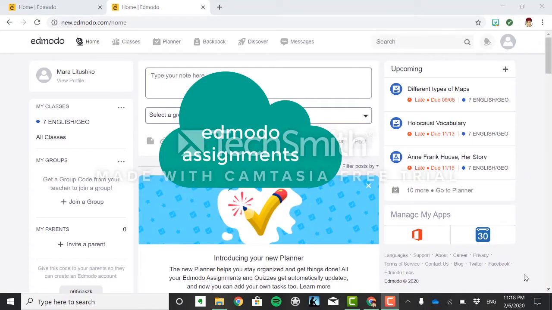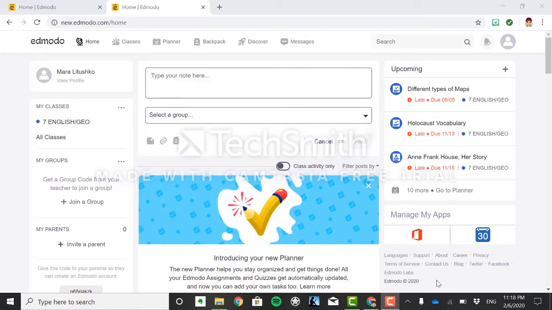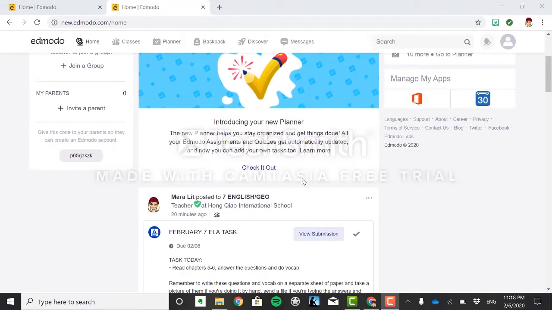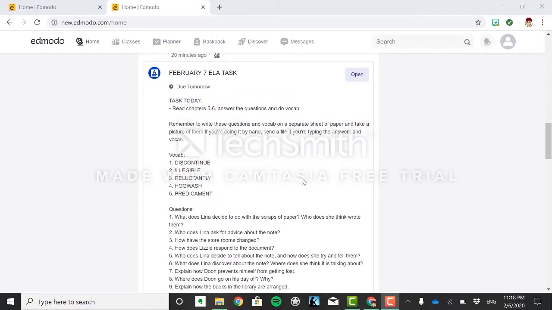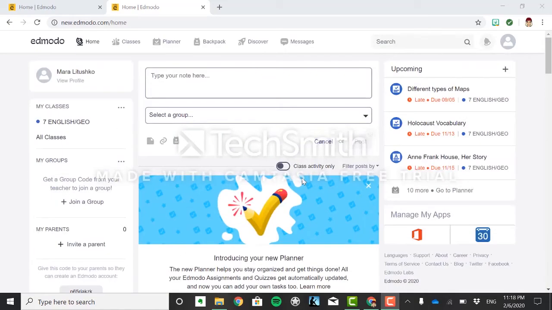So actually, how do we submit assignments on Edmodo? When you open the Edmodo, you realize that some students submit by email, some don't even open up the assignment, they just scroll down, and they find it difficult answering assignments. So here is the student's profile on Edmodo for this particular student, Marali Chusho, for English and Geography class.